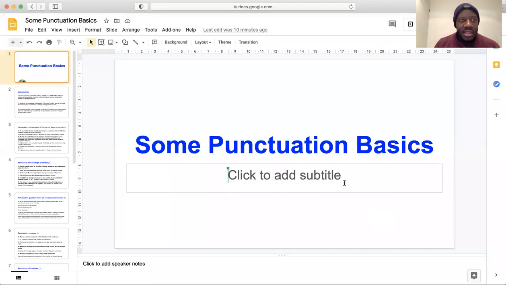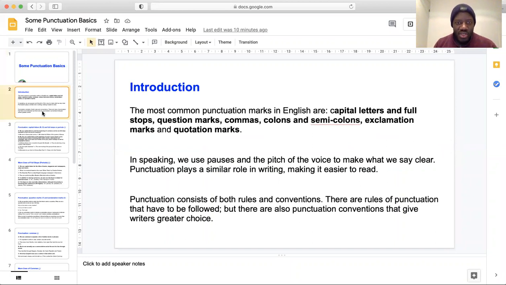And then in subsequent videos, I'm going to get into more details on some of the most recurrent problems or errors identified. So without further ado, I would like to share my screen with you in order to facilitate today's lesson on punctuation. The first thing we need to know is that the most common punctuation marks in the English language are